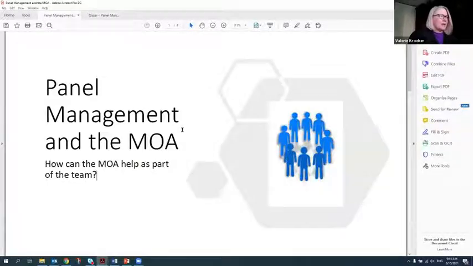Can everybody see that? Panel management in the MOA, excellent. So this is, again, looking at your MOA and how your MOA can help you do some of the panel management tasks. So the most obvious place that the MOA can be involved in is looking at your active and inactive